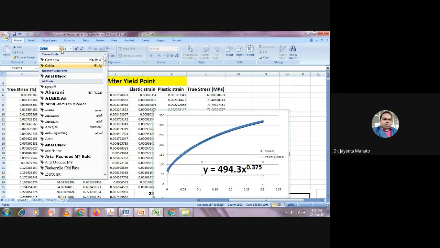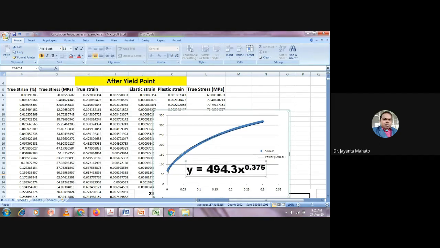Okay, I think all of you can see. So here y means along the y axis. So the y axis is nothing but stress, that is sigma. Okay, so sigma equal to, and x is the value along the x axis, and along the x axis we select the plastic strain. So x is plastic strain and y is true stress.